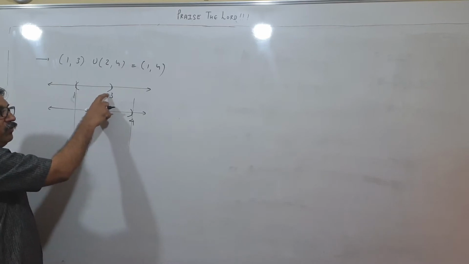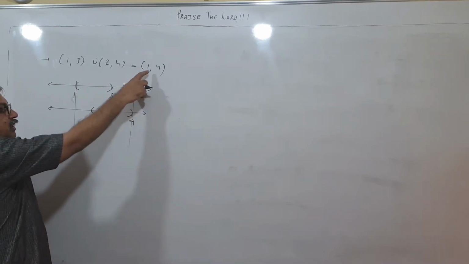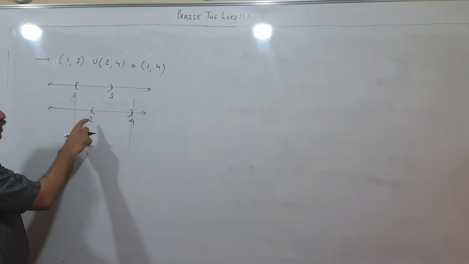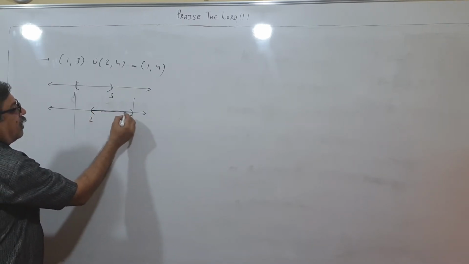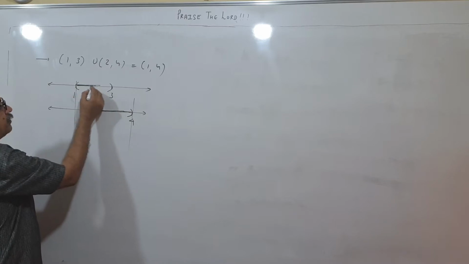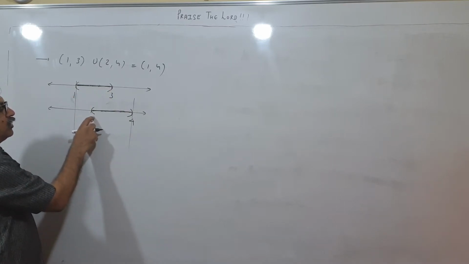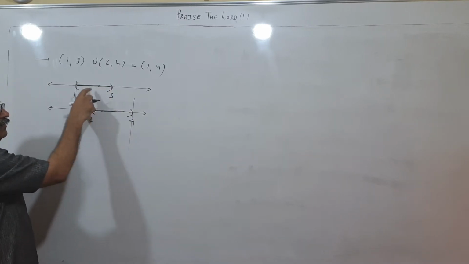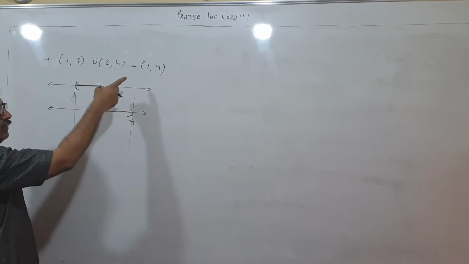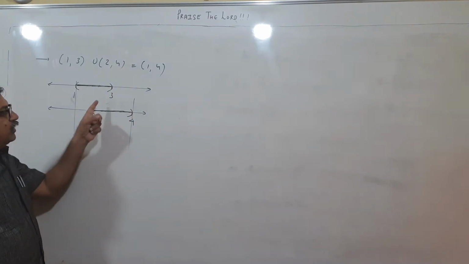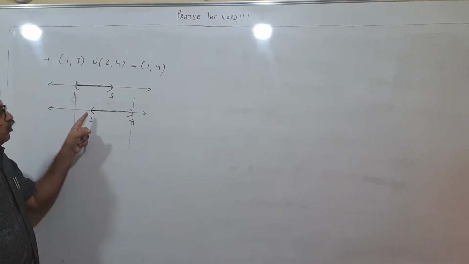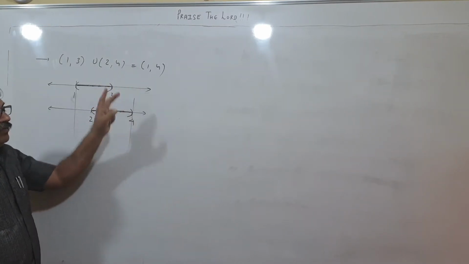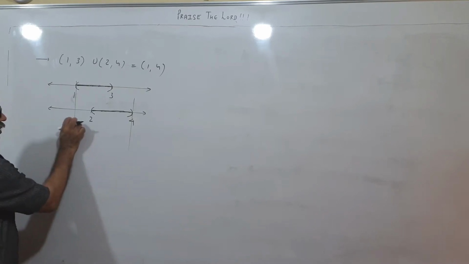Remember 3 is not included over here, but 3 is included over here. 2 not included in this. This was from here to here. And this was from here to here. 2 was not here, but 2 was included here. So if one element is in any one of the sets, we have to include. So don't think why 2 and 3 are coming, because 3 may not be included here, but it is here. 2 may not be included here, but it is here. So we are including 2 and 3.